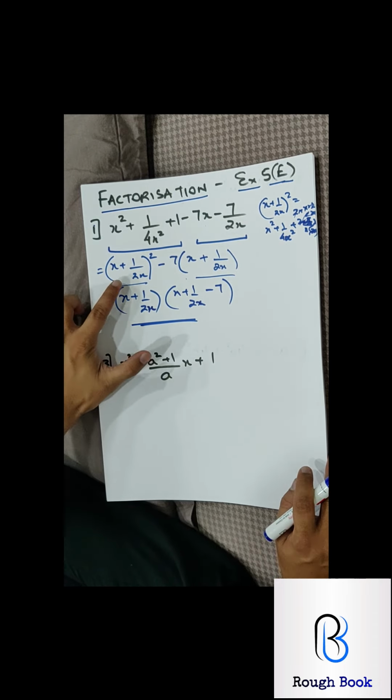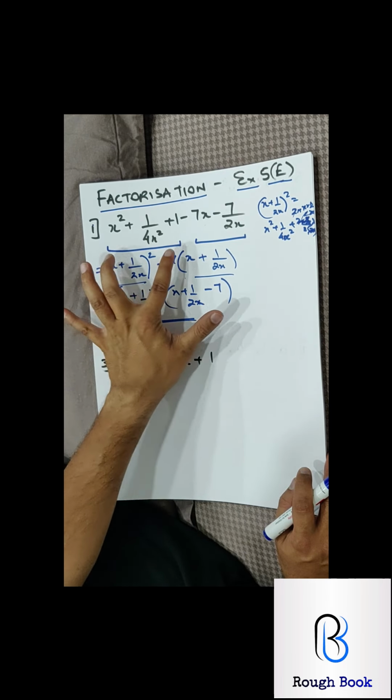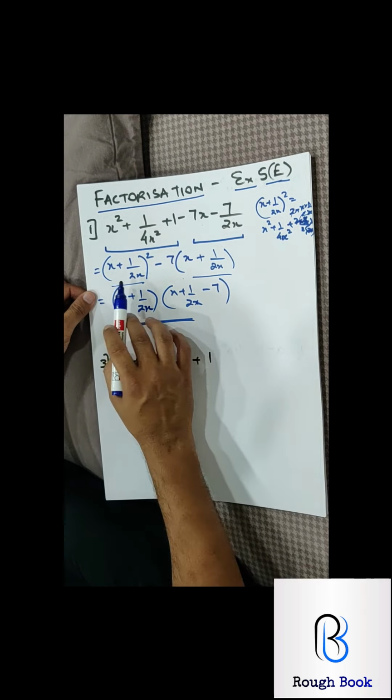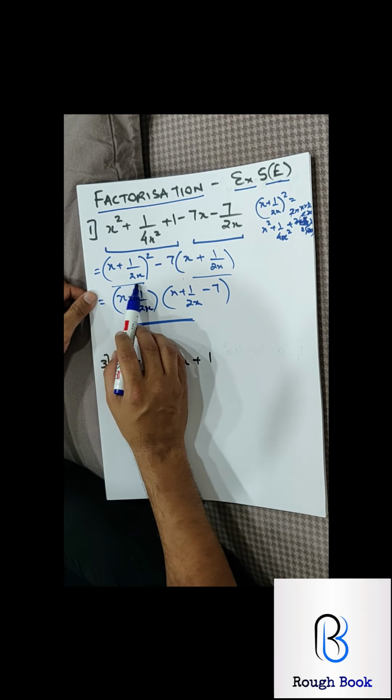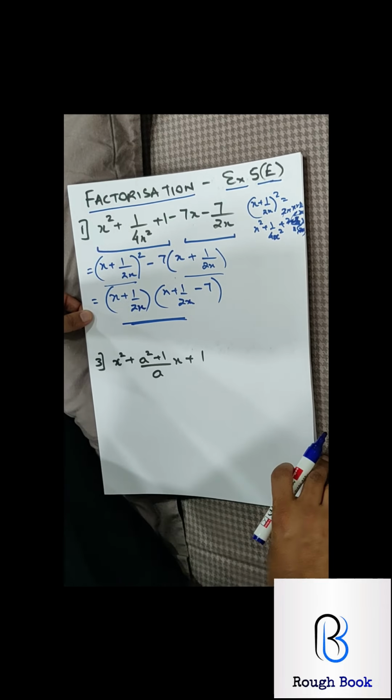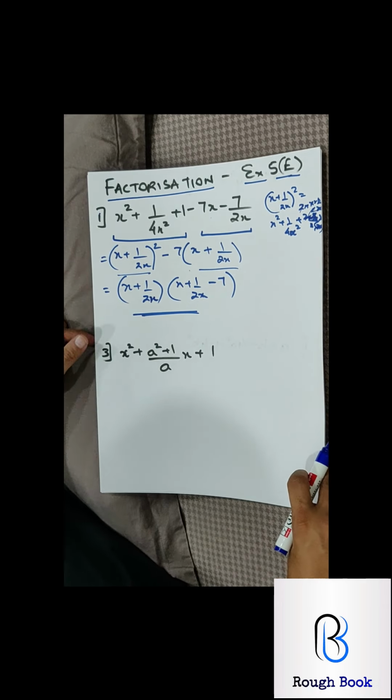The only clue is to understand that this 1 is a part of this and x plus 1 by 2x the whole square. If you still have not got it, go to a rough page and solve this. Automatically you will get the same answer and you will understand how to go about with this sum. Come on, take the next one.